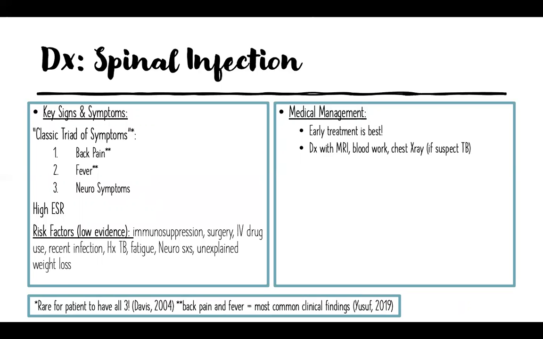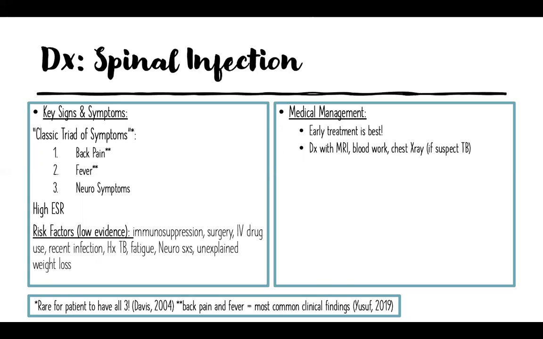Another indication that would raise our suspicion, if an individual has had lab work done, is a high erythrocyte sedimentation rate, or ESR, as it indicates the presence of some sort of inflammation or response to illness, injury, in this case infection, and can be more predictive of spinal infection. We went through some of these other risk factors in the prior slide. For medical management of a spinal infection, early treatment is best. We're going to diagnose with potentially a combination of MRI, blood work, potentially a chest x-ray,